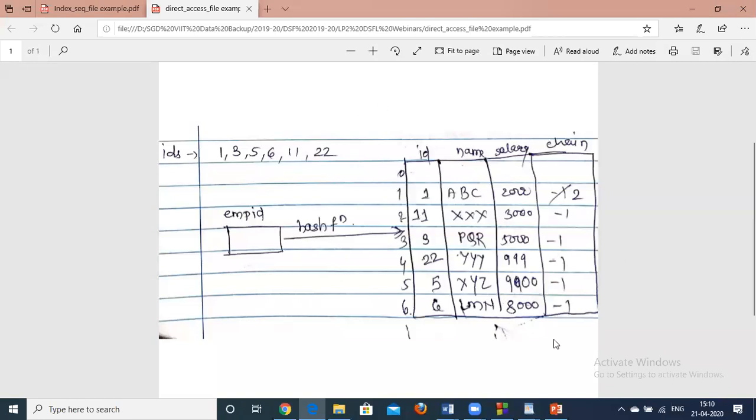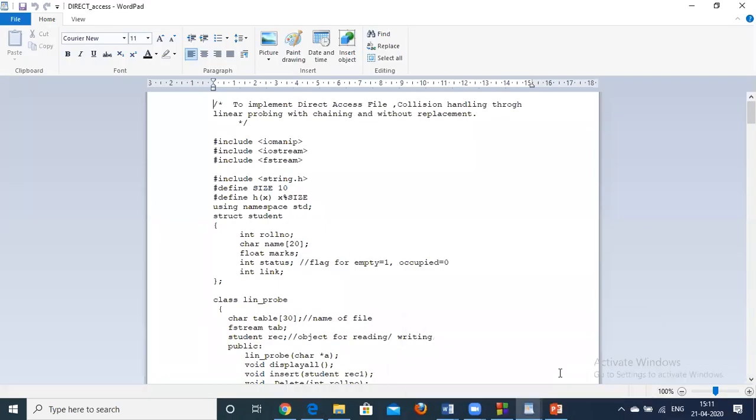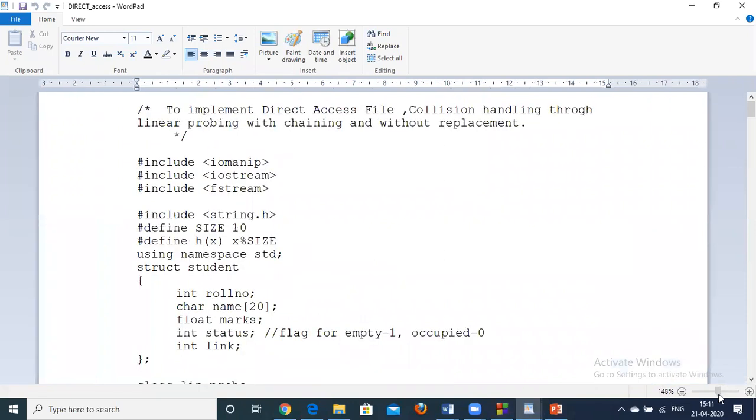Okay, so you must have implemented this algorithm, chaining without replacement, in the hashing assignment. Same algorithm we have to apply in the program now. So we will go through the program. We have to create the file using this mechanism, direct access file organization, and collision handling is done with linear probing, with chaining and without replacement.